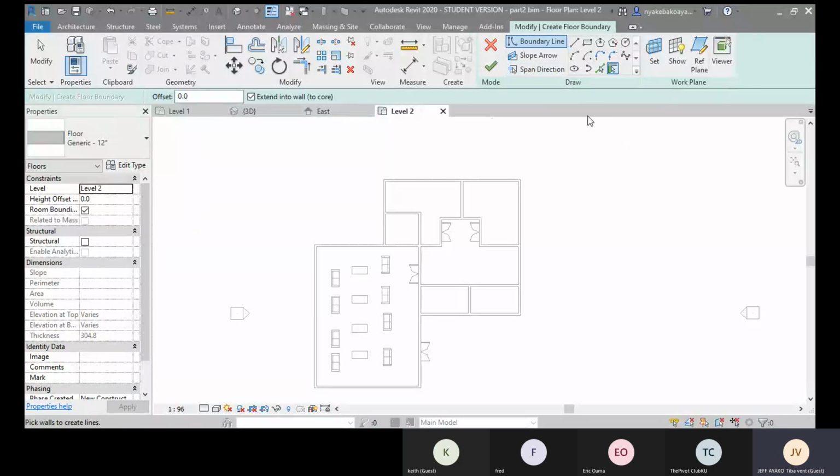So under the modify here, we can quickly create the floor. There are many ways you can sketch it, or alternatively you can use the already existing geometries. For example, we have the pick wall here. We also have the pick lines. There are lines here, so you can do anything that you want. There's freedom. So once you click the pick wall here,